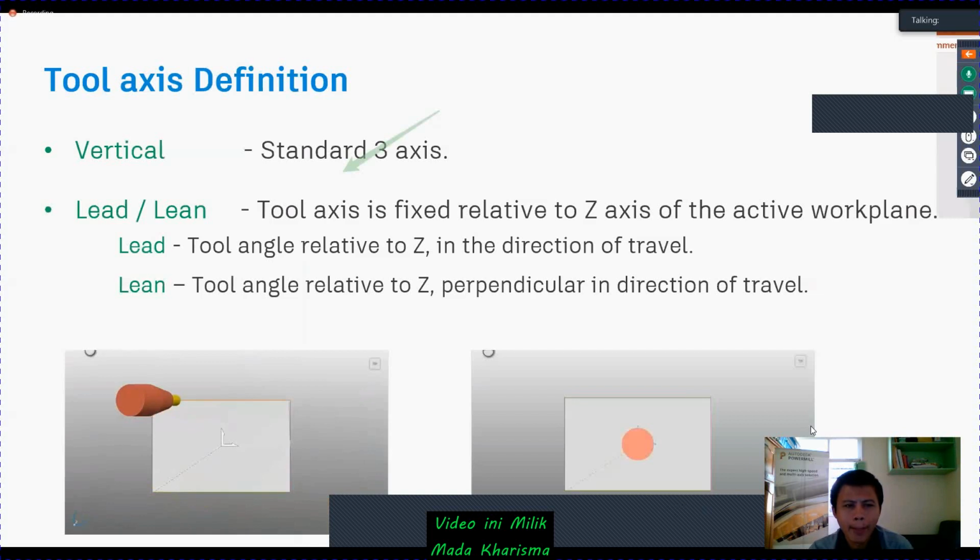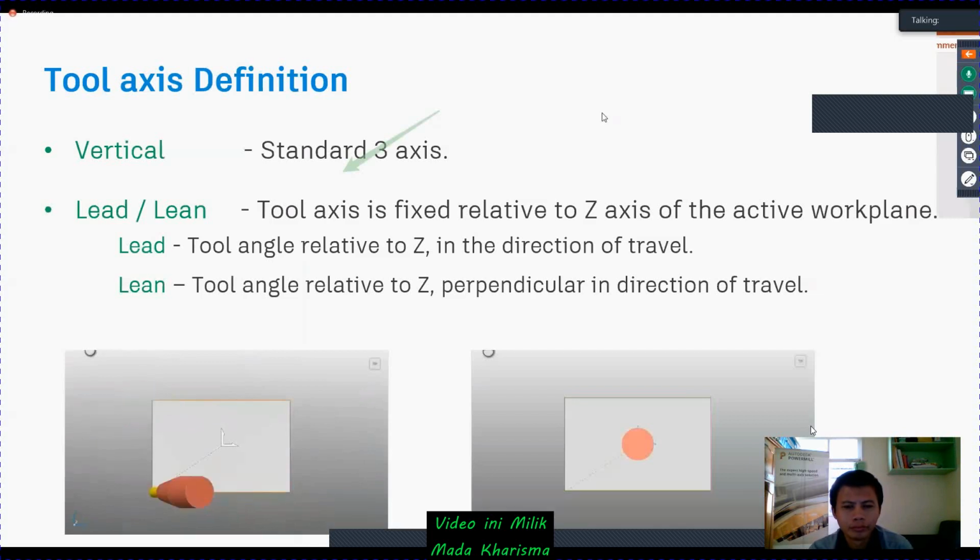But when it comes to lean, the tool angle relative to Z will fall perpendicular to the direction of travel. You can see here that the tool angle I have given is the same in both, 20 degrees. If you see the movement in the first one and the second one, you can easily understand how the toolpath is. It is a very simple toolpath, a straight line.